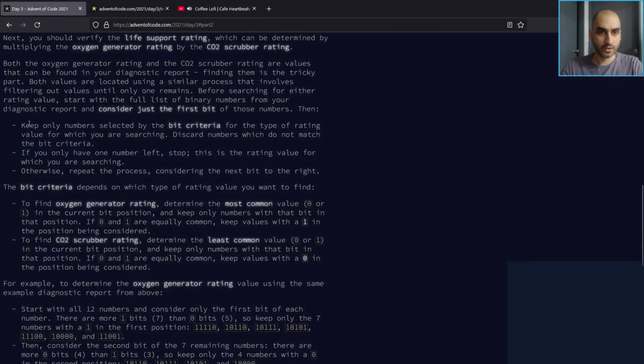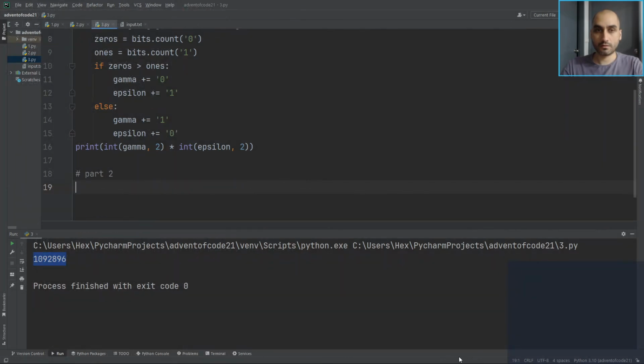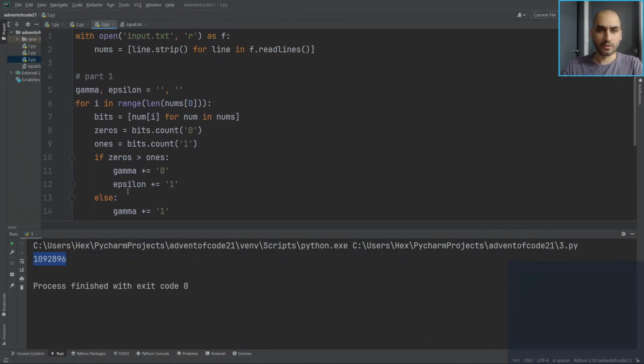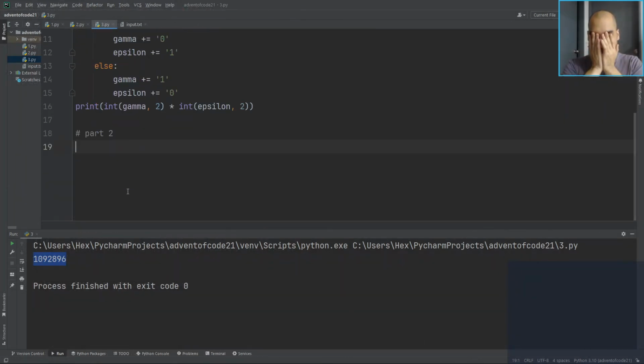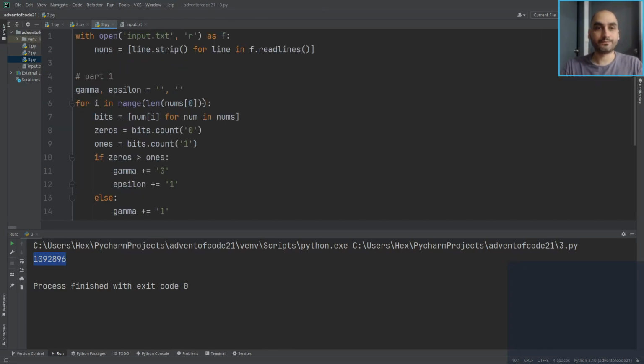Hang on, so you do that bit criteria and you keep discarding numbers and so on. If you have only one number left, stop. This is the rating value for which you're searching. Otherwise, repeat the process, considering the next bit to the right. Okay, okay. That was the stopping point. So... that's interesting. Alright, so,